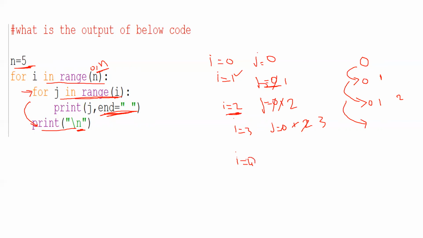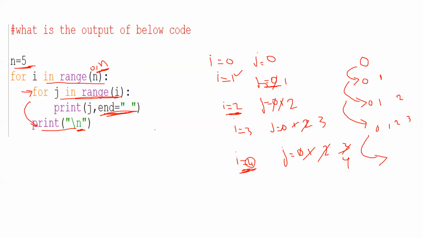We know that I is ranging from 0 to n, which is nothing but 0 to 4. Yes, I is correct only here. Now j value. J value is from 0. First you write 0 here. Increment 1. 1 less than 4. Yes, 1. Again increment 2. 2 less than 4. Yes. Now 3. 3 less than 4. Yes. Now check for 4. 4 less than 4. No. In that case, you stop here and you write print backslash n.